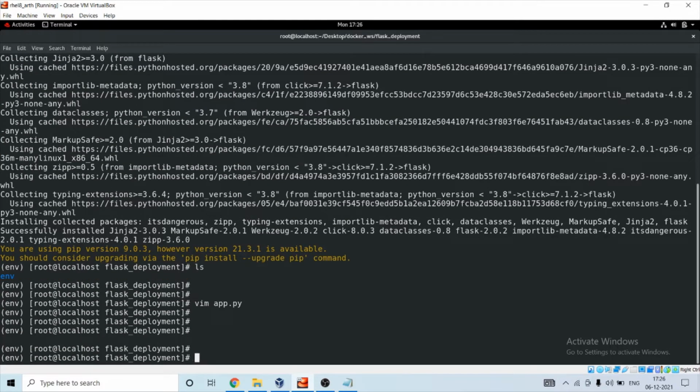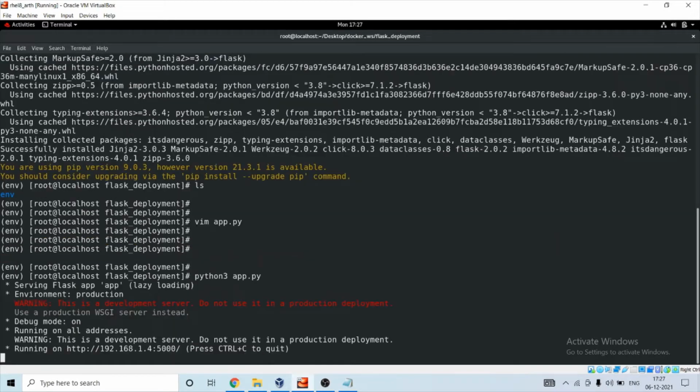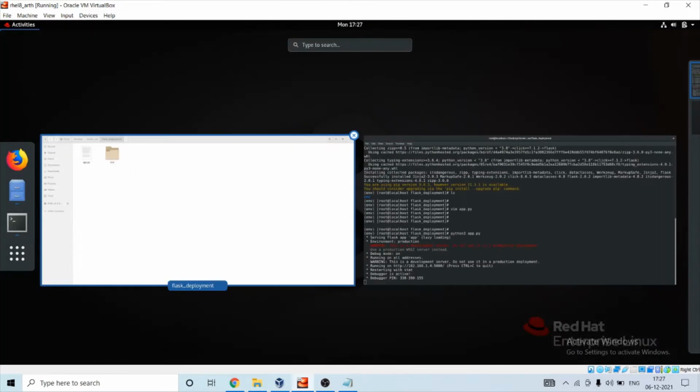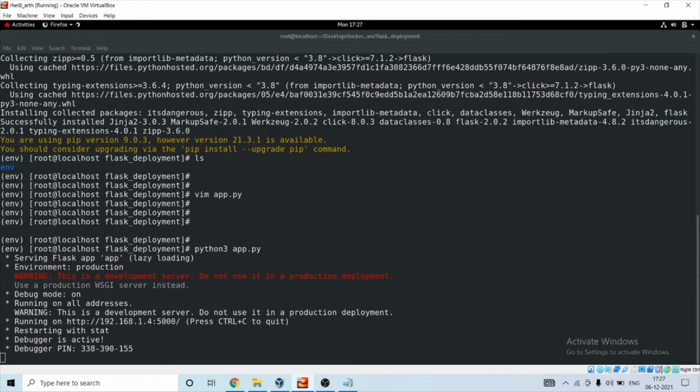Let's run python app.py to check whether all things are working fine or not. Python 3. Yeah, check it. By default, Flask runs on port 5000.